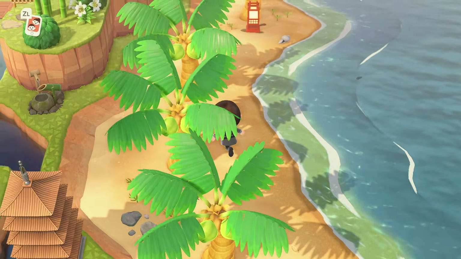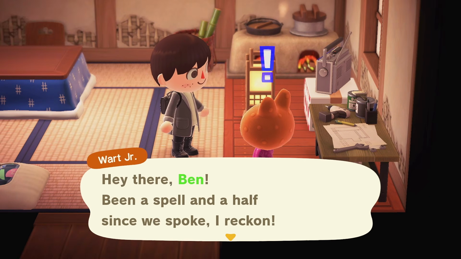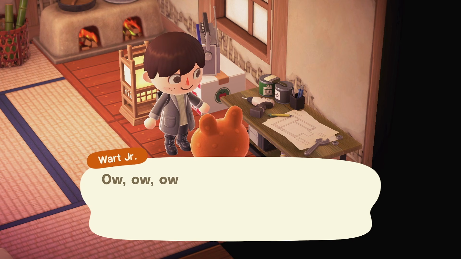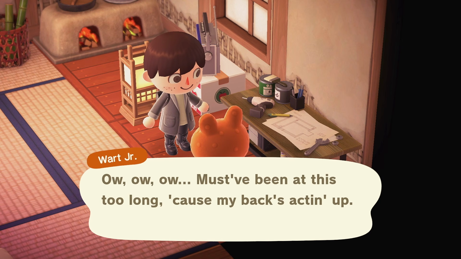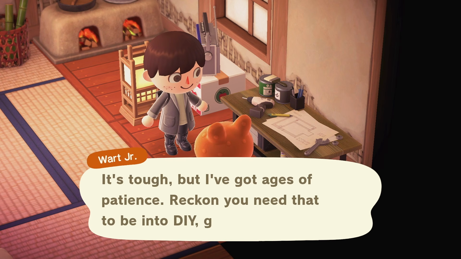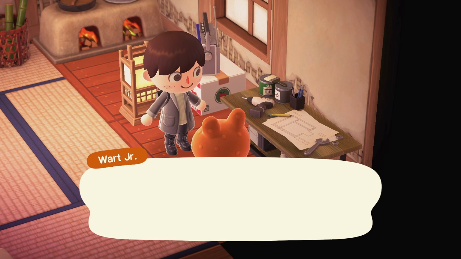Starting us off, you can actually get recipes from your villagers 3 times a day, which is incredibly convenient if you're trying to build up how many you've got and you want to craft more things. You can get them early in the morning, in the afternoon, and also the evening as well. So make sure to check your villager homes to see if they're crafting throughout the day so you can collect